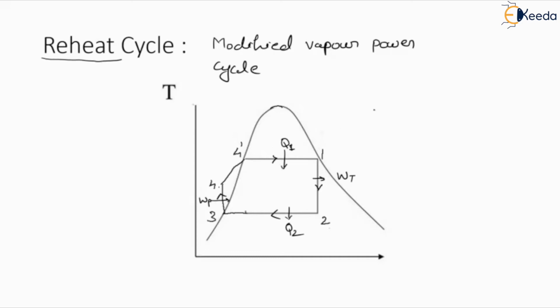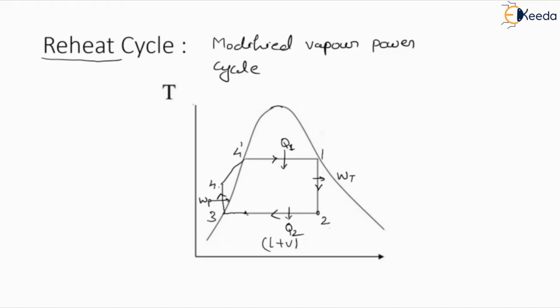Now what is the need of the Rankine cycle? In the Rankine cycle, after expansion at point 2, we get a liquid plus vapor combination of the working fluid. This liquid plus vapor will further go through the cycle to point 3, and it will be in liquid plus vapor form only. If we want to transfer this liquid plus vapor combination to the boiler, we are not able to attain the proper boiler pressure from the condenser pressure.